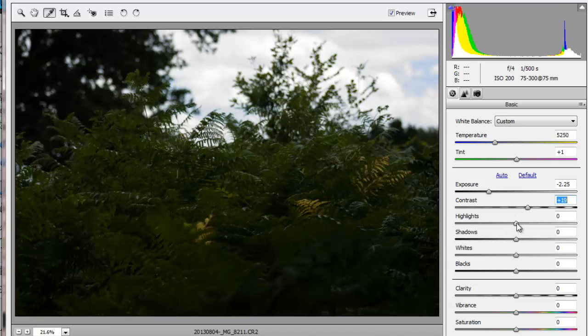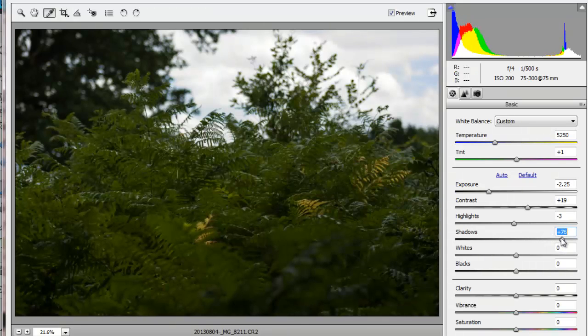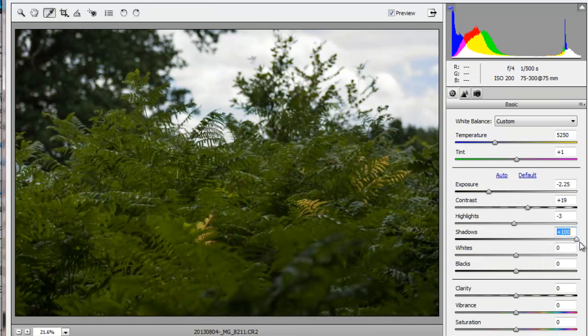Now we're going to do the highlights, and this is going to brighten all the highlights up. Ooh, that sky's going. Oh, we're losing our sky there, so we only want to bring it up a touch. And let's brighten the shadow areas. That should bring the foreground up, because that's all in darkness. There you go. You are sort of losing a bit of the sky there, but it's the price we have